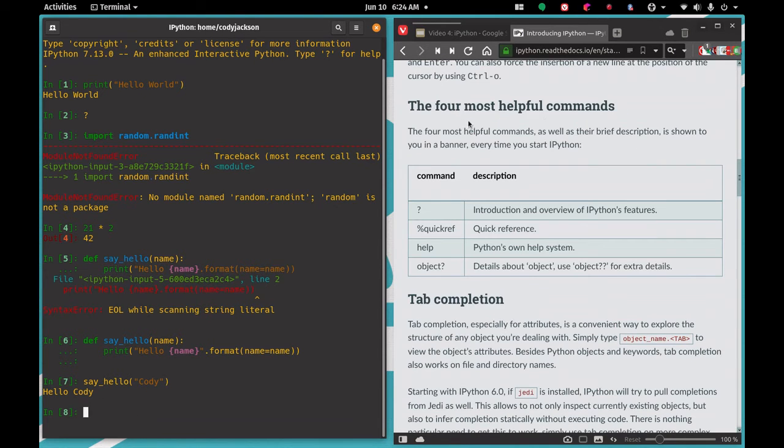In the tutorial, it talks about the 4 most helpful commands. We've already seen the question mark and what that does for you. Anything that is started in iPython with a % sign is a magic function. And so quick-ref is a magic function that only applies to iPython. Help takes you to Python's normal default help system, and then if you type object question mark, it gives you information about that object. So if I type